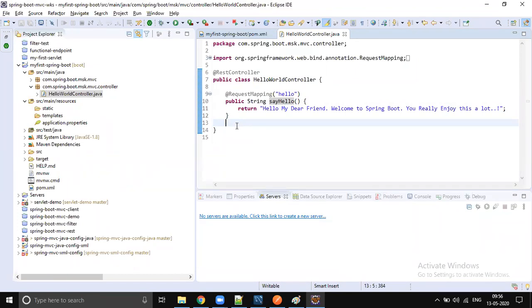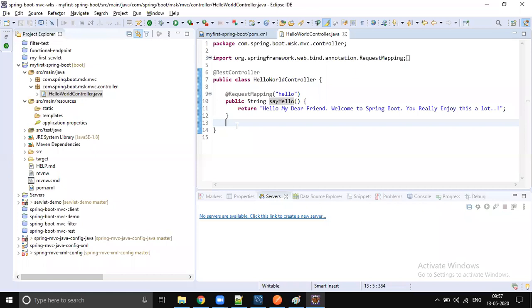Tomorrow, I'll make you write our first microservice, for some kind of mobile application. You have to do hands-on, so make your systems ready and install Java. If it is not installed, install Eclipse. Maven installation is not required. So make your systems ready. Tomorrow we're going to do our first microservice hands-on.